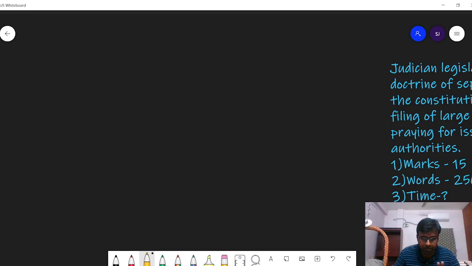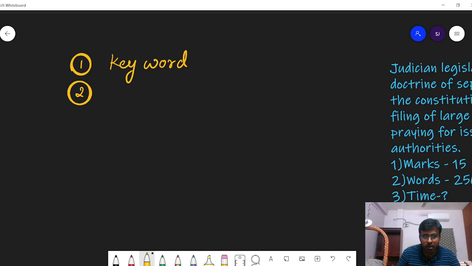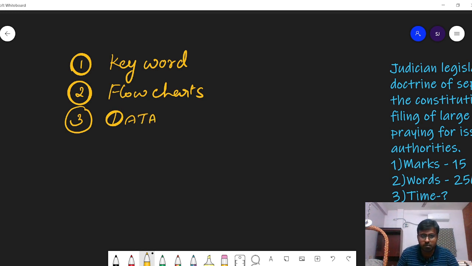How to write a mains answer. In writing mains answers, you would have heard about something called a keyword. What is that keyword? Second, you would have heard about using flow charts, or how to use those flow charts. Third, data. So many would have said that you should give data for the questions. What does that data mean? Fourth,